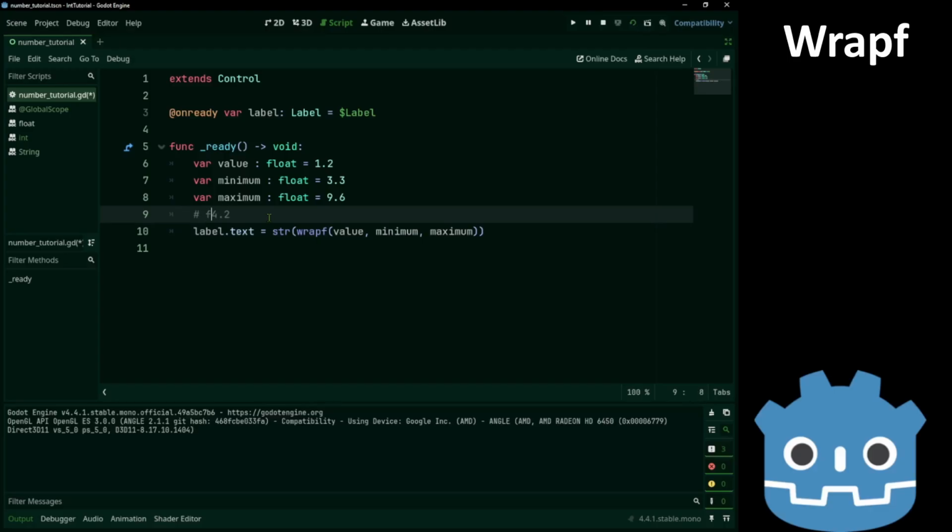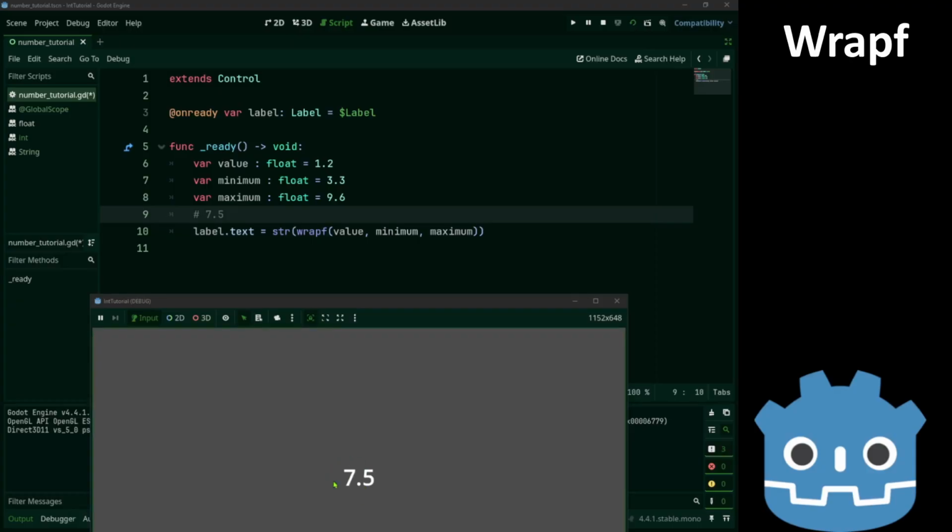And again the F mode. And add the minimum value. 7.5, which is the number we had here.